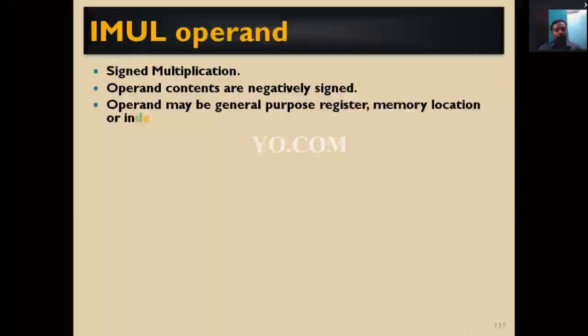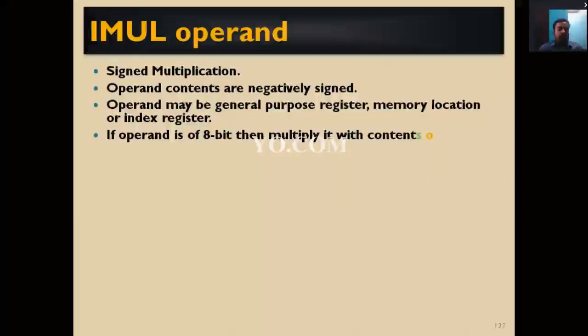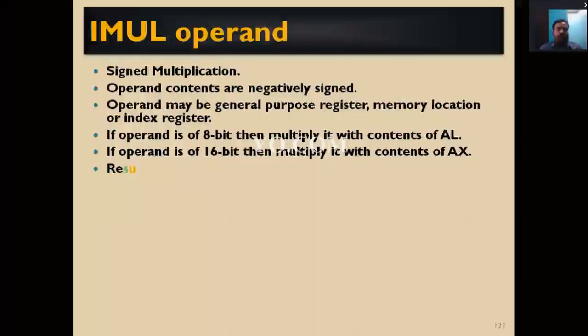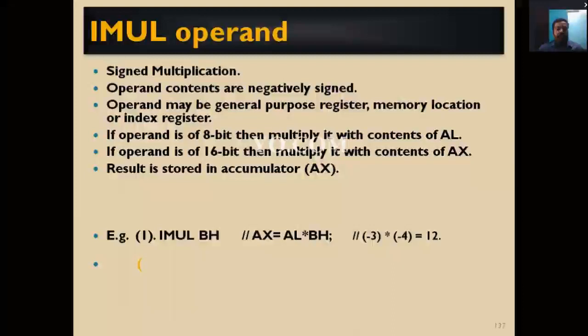Next we are going to see the IMUL operation. IMUL is signed multiplication. Here the sign is considered; positive and negative numbers are taken into account. With IMUL, if two negative numbers are multiplied, the result is a positive number. That is the difference between MUL and IMUL. Here also the format is the same. The source is always the accumulator, so the data present in the accumulator and the BH register is multiplied, and the result is stored in the AX register.